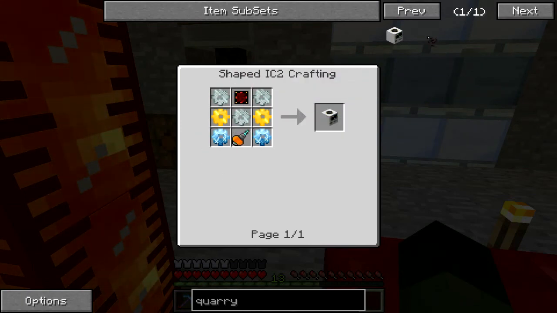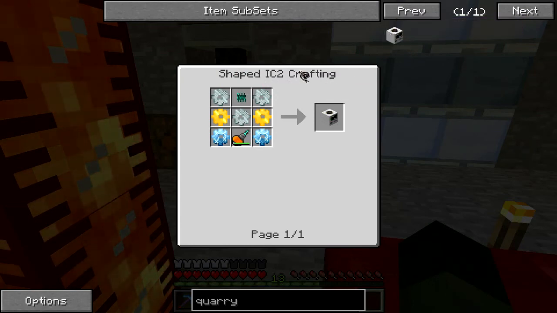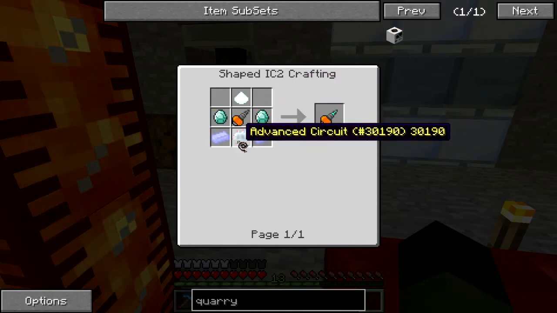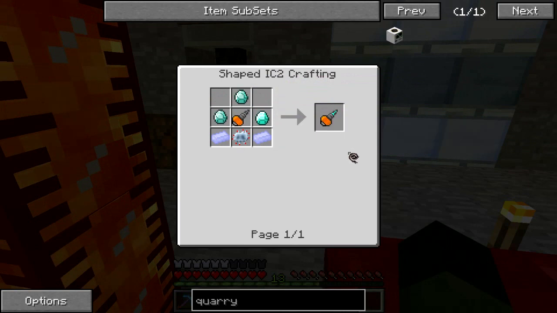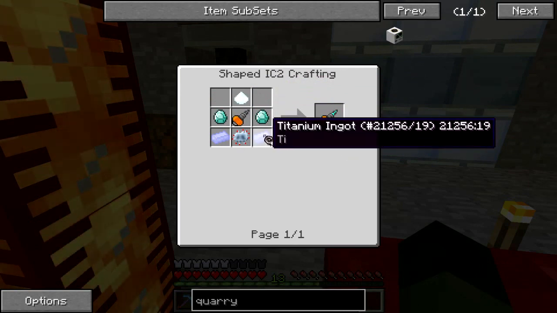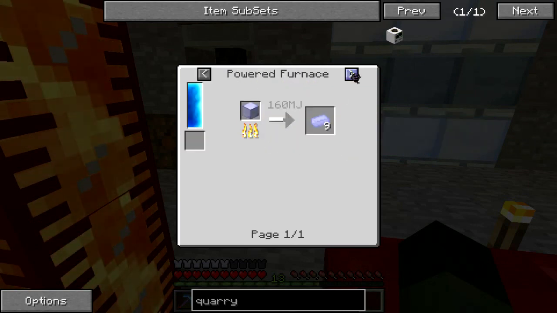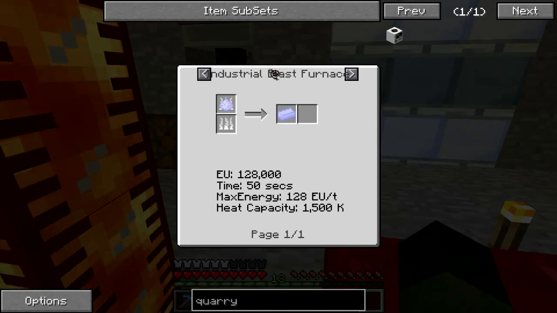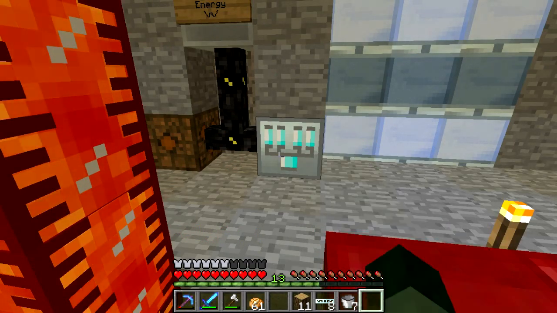And my base is going to rely heavily on digging massive holes in the ground, because everyone knows I like digging in the ground. It's just kind of homey or something. So you require a diamond drill, which requires titanium. But I've just realised titanium, when you have the dust, you need to put it in an industrial blast furnace. So I'm going to have to make this before I get the quarry,